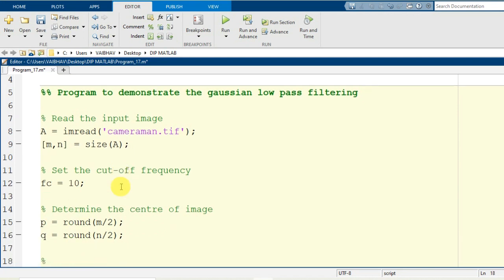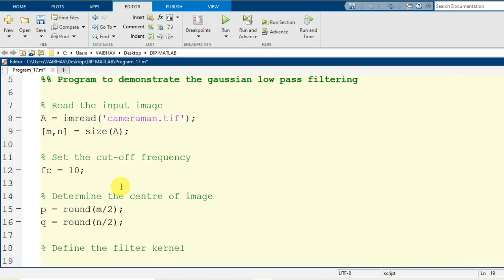Now afterwards I need to formulate the filter mask for the Gaussian type of low pass filter. So I will have the module to define the filter mask, or filter kernel, whatever you say. I will generate the variable capital H to which I initially assign a matrix of zeros with the same dimensions as the input image to be processed. These dimensions are small m comma small n here.